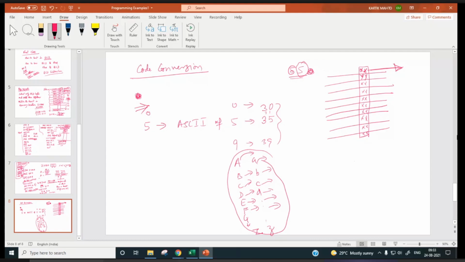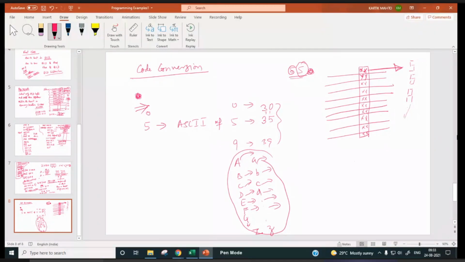Then it will be displayed like this. Similarly, ASCII of 6 has to be converted properly in order to display 6 like this. Similarly, for A, proper code conversion has to be there, and it will display A like this. G is there, so G will be displayed like this. Anyway, code conversion we will go one by one.